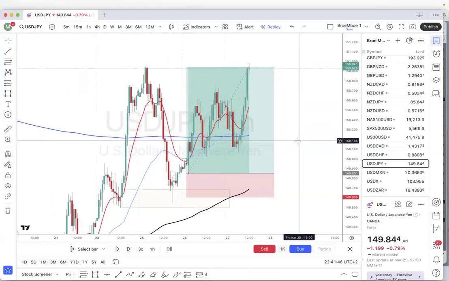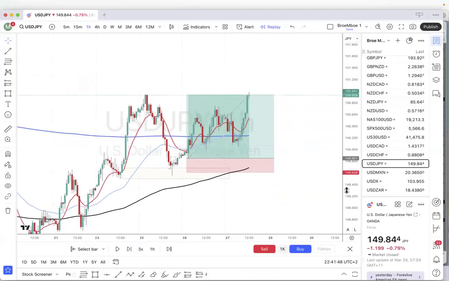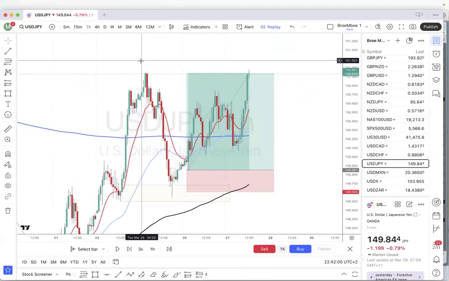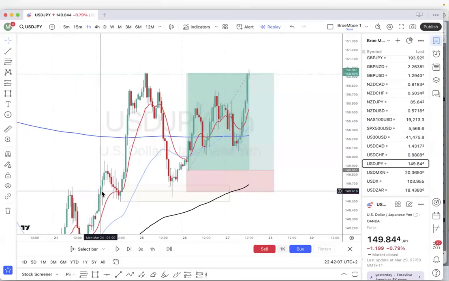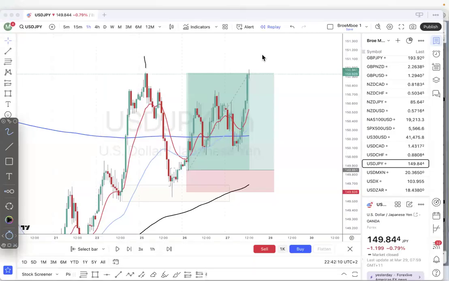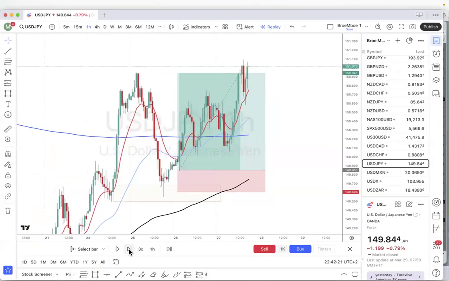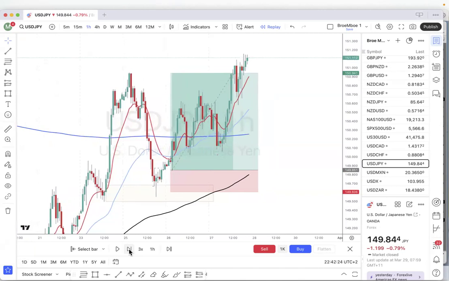But where it came from, it's coming from the fact that we have taken out the high, we are coming back into the range. And by coming back into that range, I'm expecting the market to go one last push. So this is more like going towards the second leg, all right? Because we've already formed the first leg, and I'm anticipating that we form the second leg, all right? So that's the entire reason why I expected this to do whatever it did. Okay. And now that you're out,